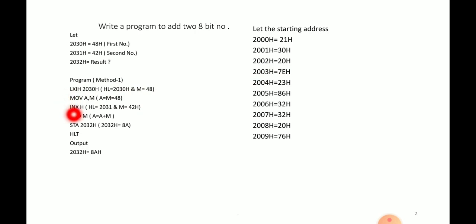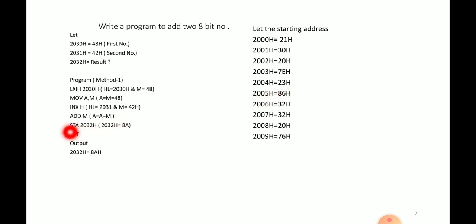Then INX H, also a 1-byte instruction. The opcode of INX H is 23. Then ADD M, also a 1-byte instruction, so it takes only one location. The opcode of ADD M is 86. You can search in the given app.